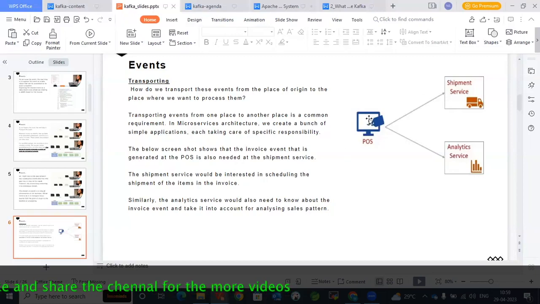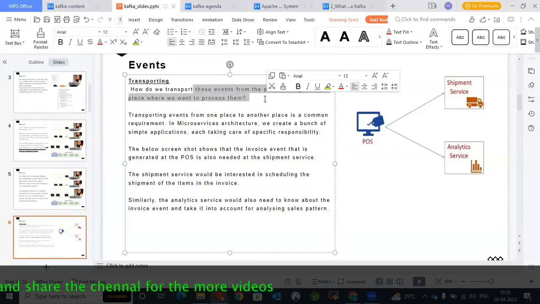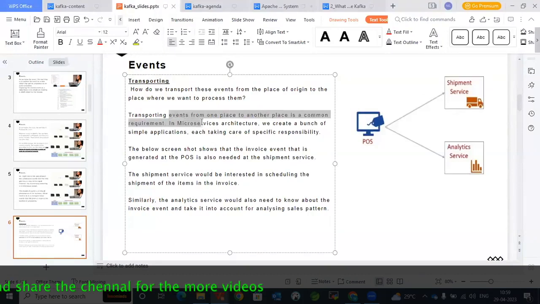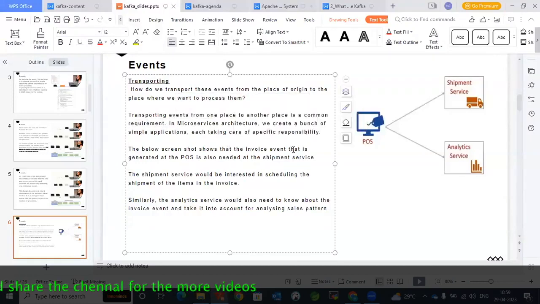Now how can we transport the event among the many systems or applications? That is the biggest challenge for us now. How do we transport these events from the place of origin to the place where we want to process them? Transporting events from one place to another is a common requirement. If we take the microservices architecture,